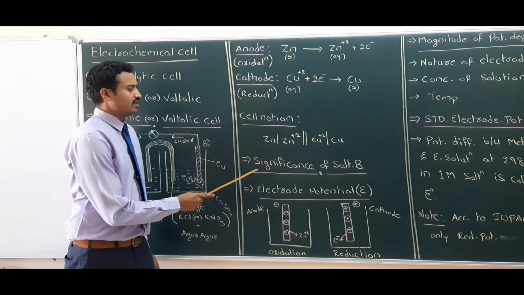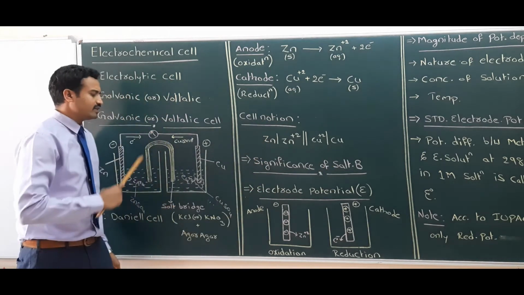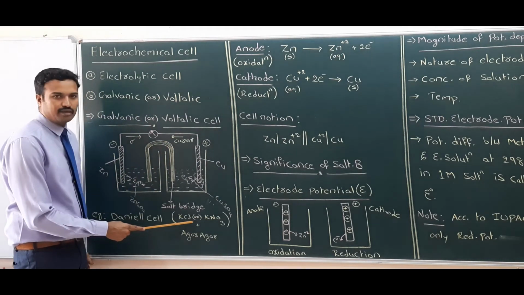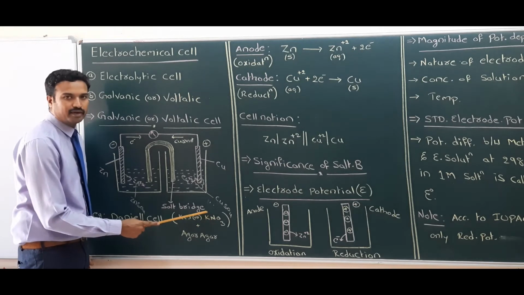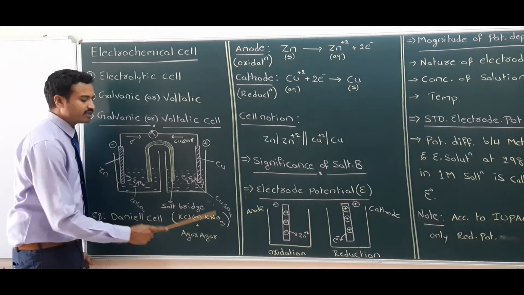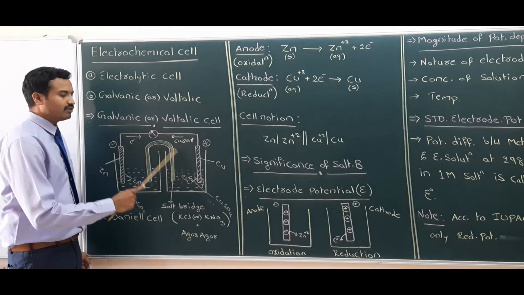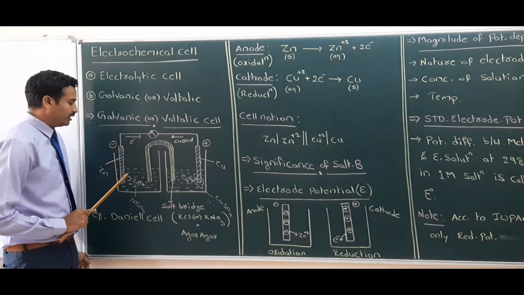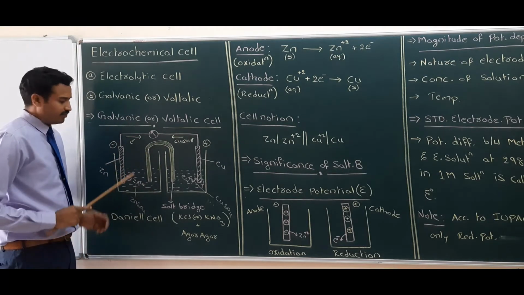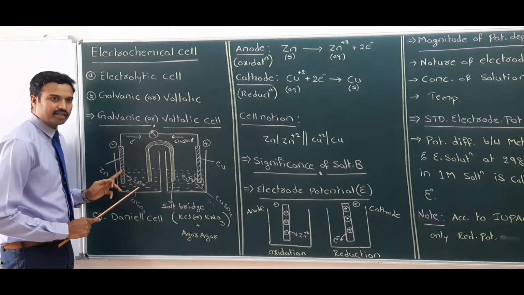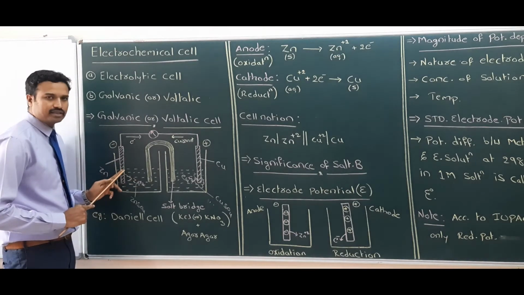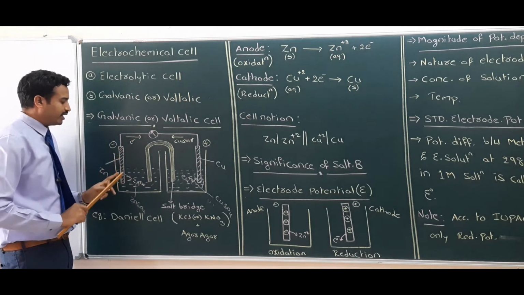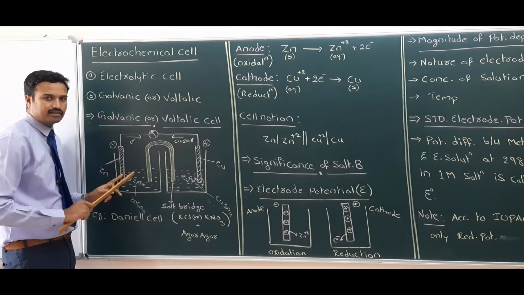Now we will discuss the significance of the salt bridge. What is the purpose of the salt bridge? Salt bridge contains ions such as KCl, K+ and Cl-, or KNO3, K+ and NO3-. The purpose of the salt bridge is to prevent the flow of solution from here to here and here to here. Now here, by the reaction process, Zn is dissolving as Zn+2. So every time Zn is converted into Zn+2, over time this rod is dissolved in the solution.